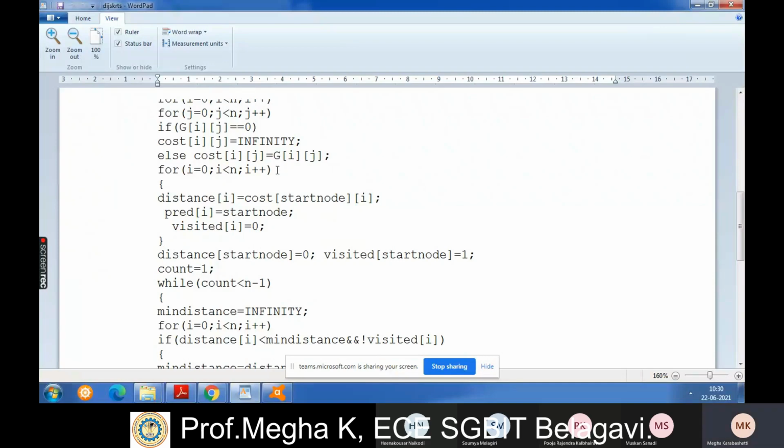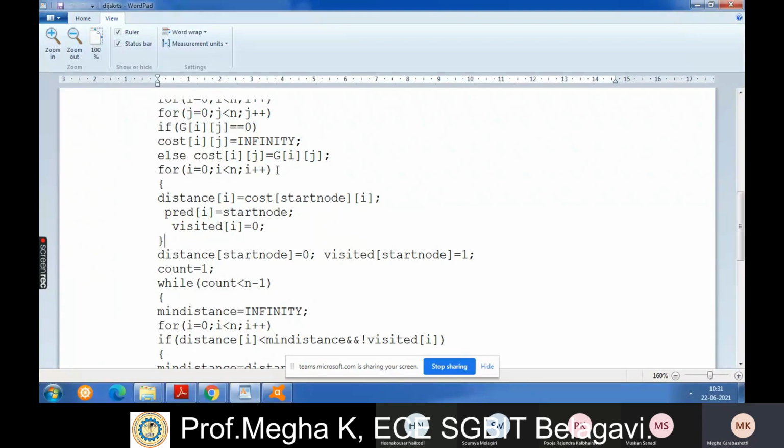What is this distance? Consider an example where you are using start node 0. The distance of node 1 from node 0 is nothing but the cost of node 0, node 1.